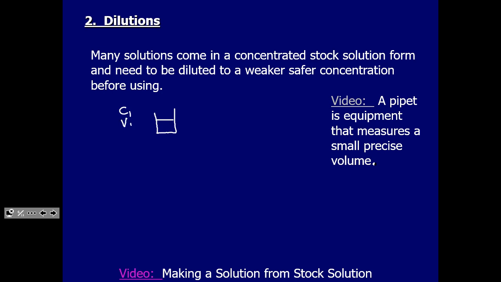And I have a particular volume of V1, which I measured probably in my pipette. I am now going to take that and I'm going to dump that into a larger volume. I wouldn't use a beaker, I'd use a volumetric flask. But just for the sake of the picture, I'm now going to dump that into here, and it's going to